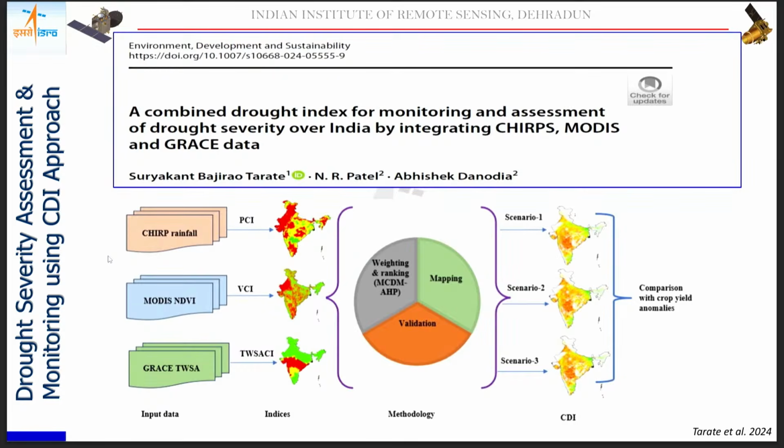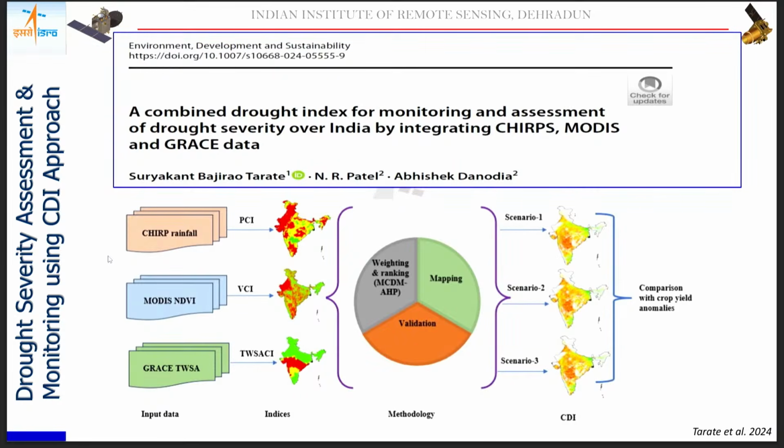The selection criteria of these three indices was also in our mind as a research objective. PCI, the CHIRPS rainfall dataset, defines the meteorological drought conditions because it is solely dependent on rainfall data, so with this we consider the information of meteorological drought. Then NDVI, from which we generate the VCI, defines the condition of crop vigor or crop growth, which is more or less related to agricultural drought conditions, while the TWSA-derived terrestrial water storage anomaly condition index defines the hydrological drought, because hydrology includes surface, subsurface and groundwater status.